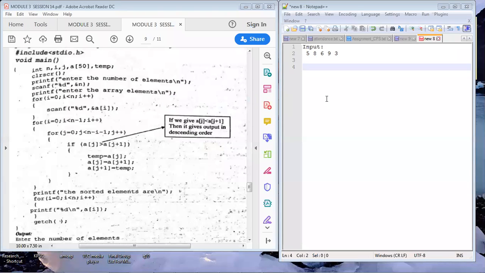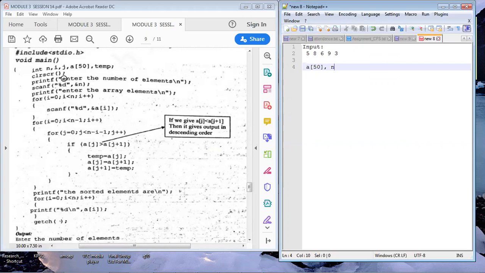Okay, in this class we are going to understand the program of bubble sort. How is your bubble sort program going to work? Let us trace and see. So what is A of 50? A of 50 is the name of the array. A is the name and 50 is the size of the array. Whatever input elements you have taken as example must be stored in the array A. And we have taken variables n, i, j and temp.